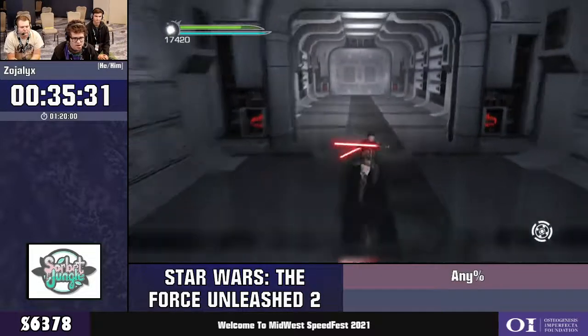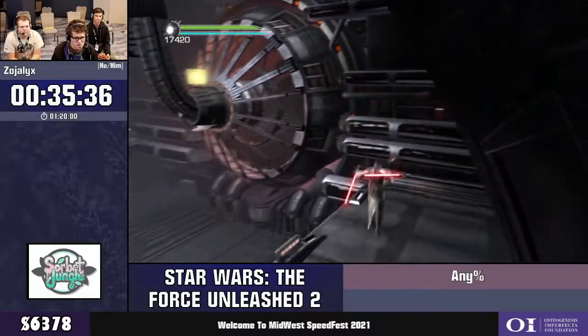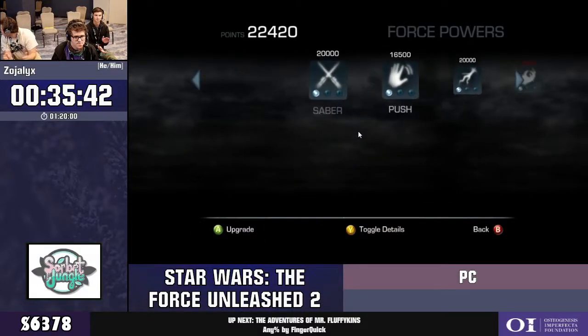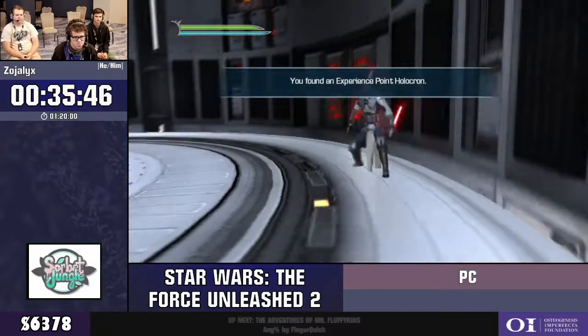Oh well. Alright, so now we got a pretty difficult jump here. We gotta jump on this little engine part with this holocron over here, so I'm gonna kinda... Boom. Got it. Nice! Let's go. And so we're going to get our saber upgrade here and use Force Sense, which actually is just